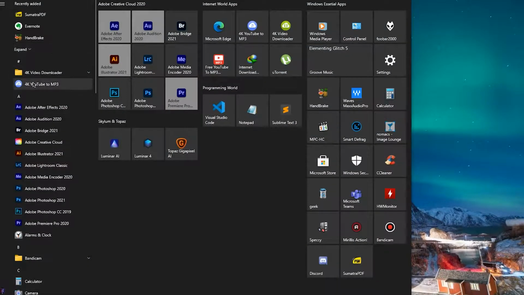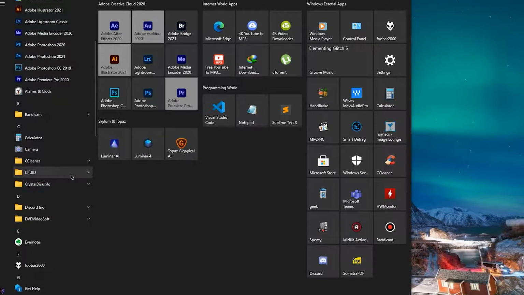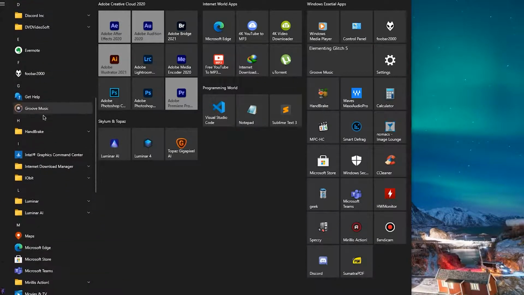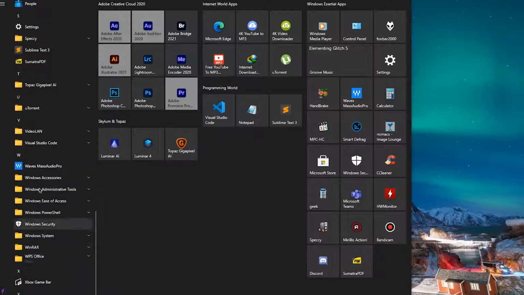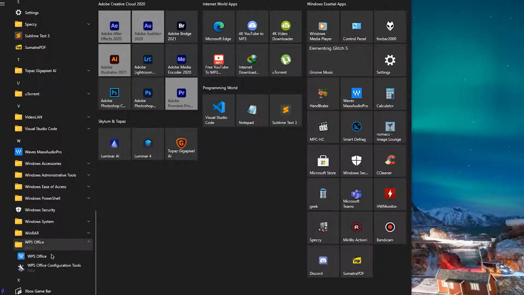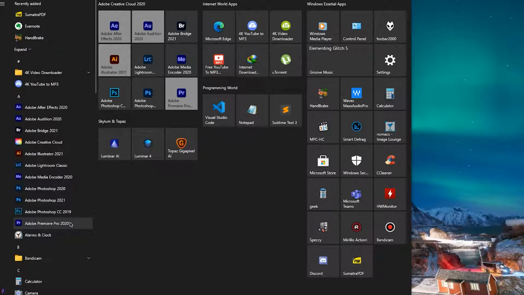So now let's start with this. What is the Start menu in the first place? Now this Start menu is basically showing all of the apps that you install in your Windows operating system, whether it's the Windows built-in applications or the apps that you have installed. Of course, if you haven't messed around and deleted stuff, it will show by default all of the apps that you have installed, the games, apps, and all of the apps that come pre-built with the operating system. So that's one of the reasons we use it most of the time to access our applications.